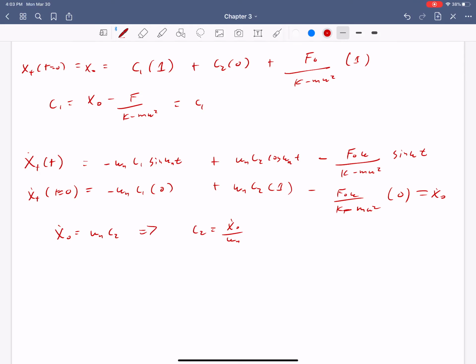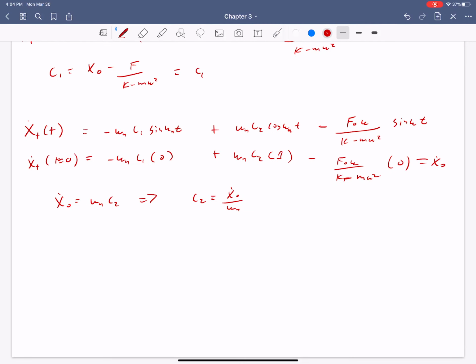So what do we see here? Our C2, if you go back to look at the derivations from before, hasn't changed. And our C1, instead of just being x naught, also has this factor right here of this additional deflection that's going to occur in our system. So now we can write our whole x of t